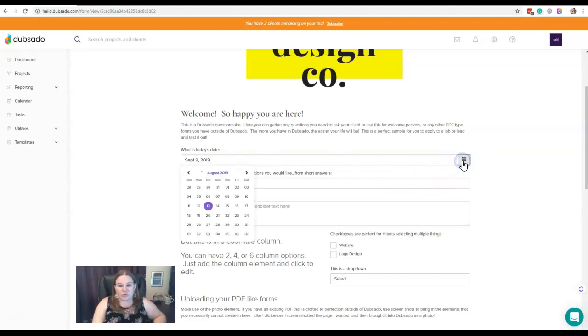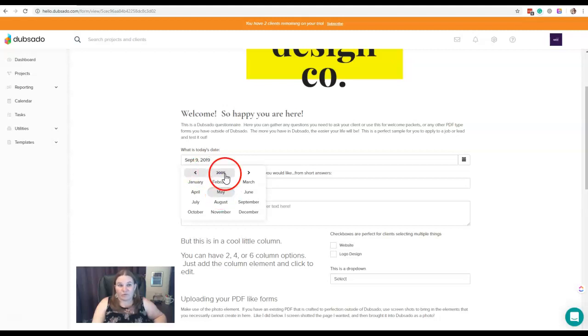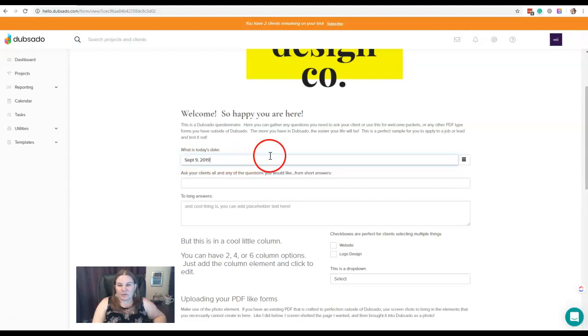So you need to make sure that whatever date they are putting here, they're actually using the selector. And I say that because if you're using this field for something like a birth date, that means they're going to have to scroll all the way back years to find the correct year and month and day for their birth date. So just keep that in mind if you use the date select option.